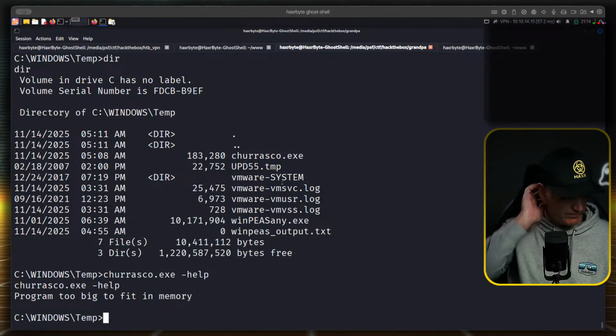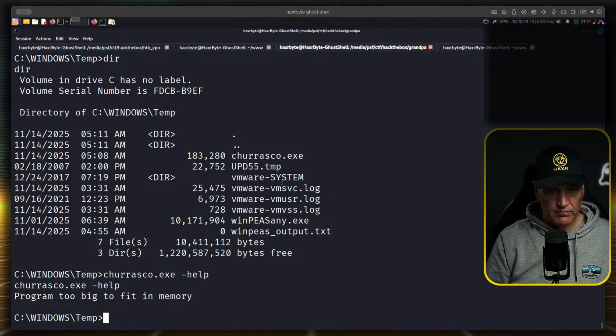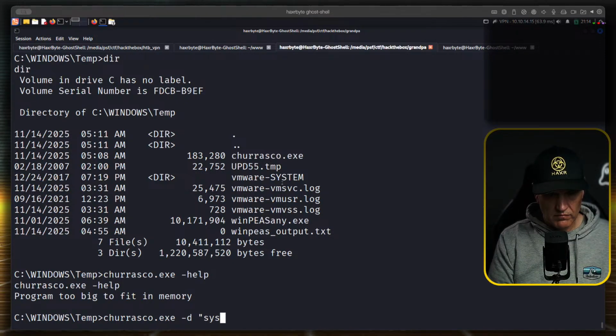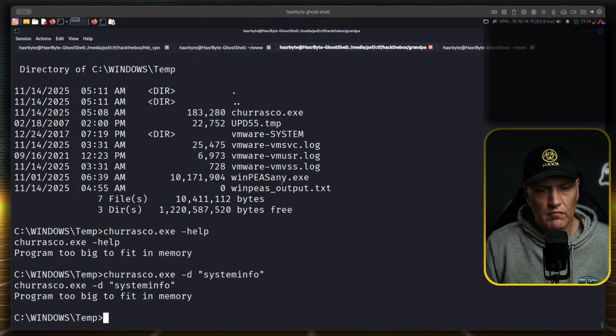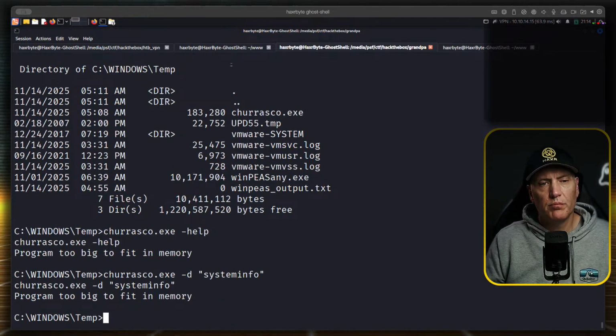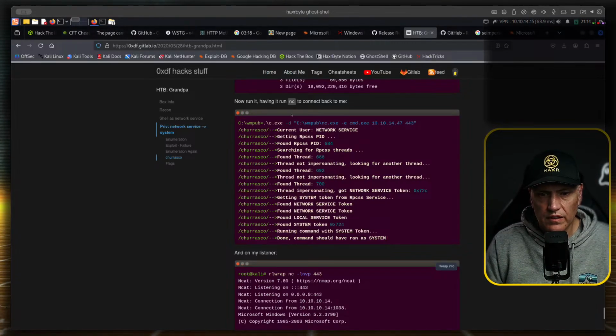Program to boot. Program too big to fit in memory. What is going on?